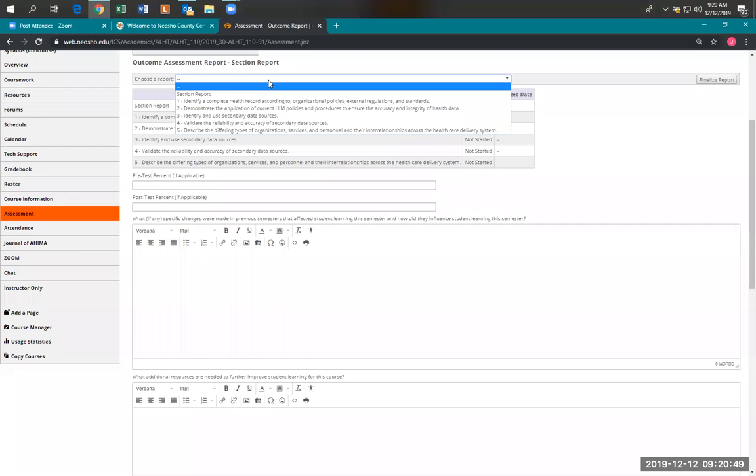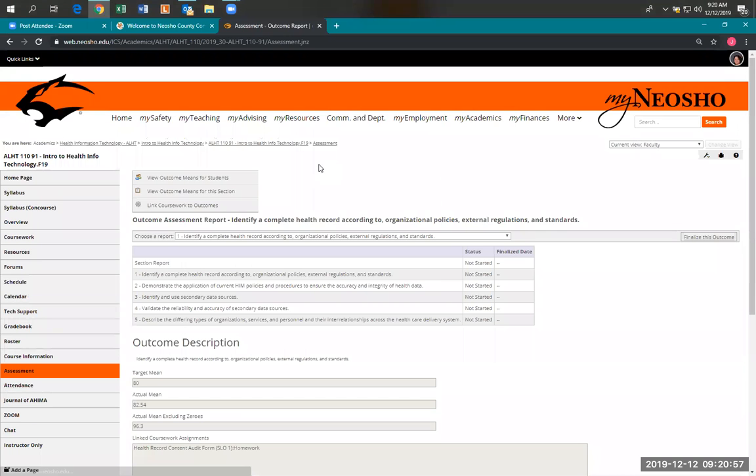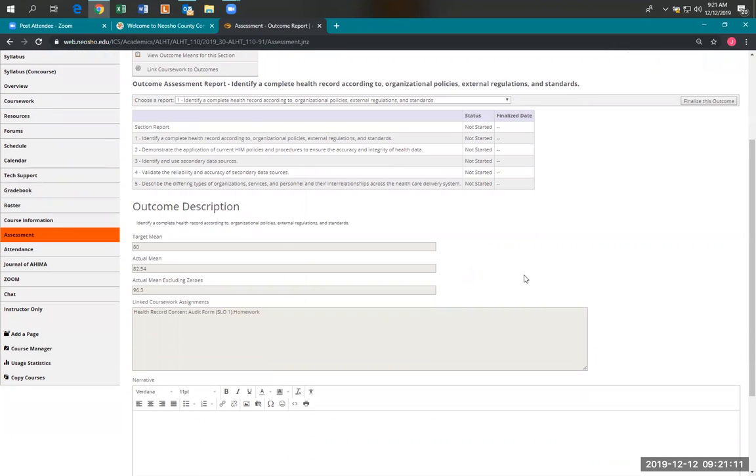So what I do is just start with not the section report, but just the individual outcomes. Then I'll grasp more from that information. These, of course, don't have to be put off until the end of the semester. You can do these as they come along. Ideally, I would like to do that, and then maybe have some supplemental assignments for when students are not meeting